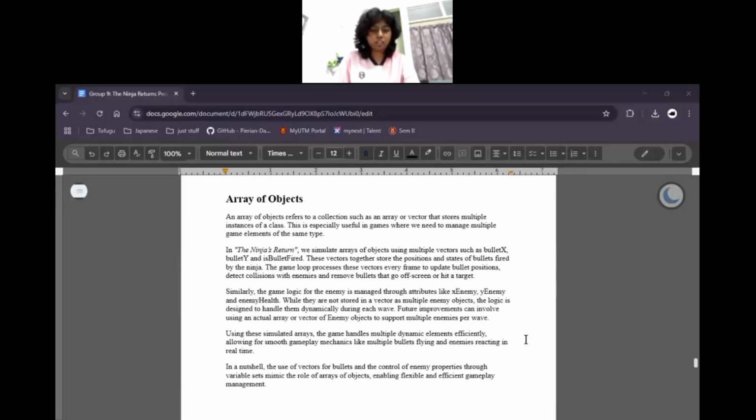Lastly, for array of objects, this is when we store multiple instances of a class, usually in an array or vector. It's really handy in games when you want to manage multiple things like enemies, bullets, and obstacles at the same time. So in our game, we don't exactly have an array of class objects yet, but we're simulating that using vectors. For example, we have bullet X, bullet Y, and bullet fired, all vectors that track the bullet position and states. Every frame, the game loop updates these vectors to move bullets, check collisions, or remove bullets that